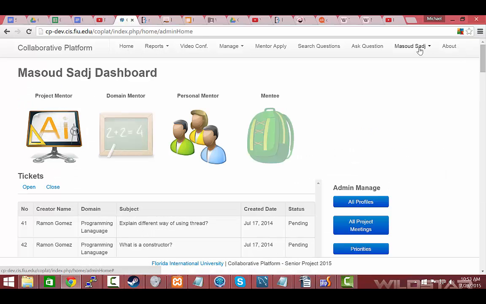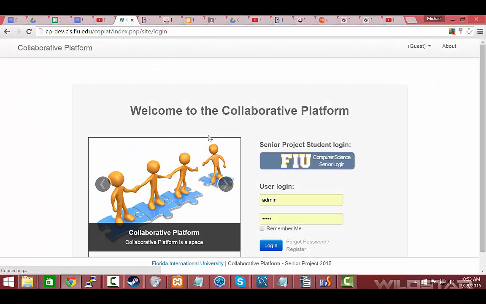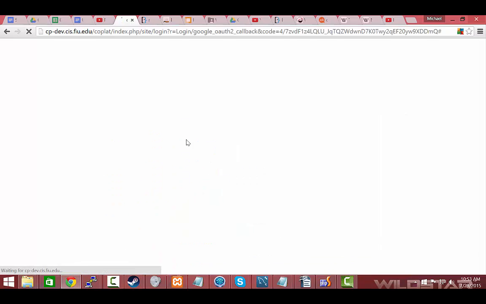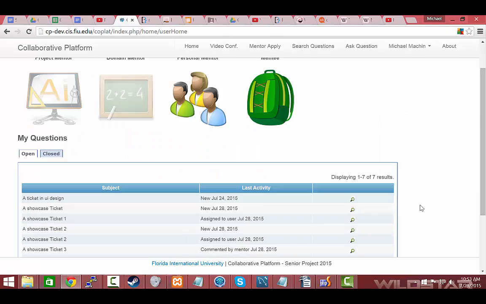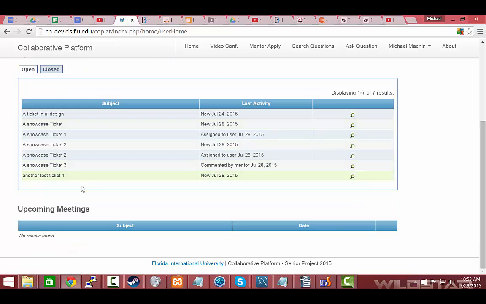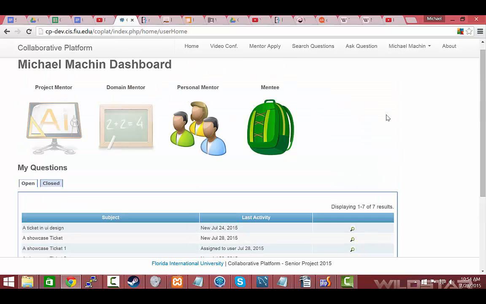Another feature that I would like to see implemented is mainly a bunch of UI fixes. For right now, I've been able to implement displaying the information that is necessary for the mentee for the ticket and upcoming meetings, but they're off of the screen. I think it would be useful for the upcoming meetings to be on the side, potentially getting rid of these